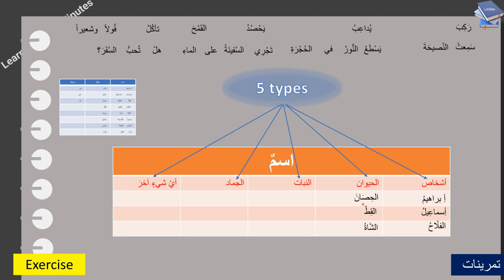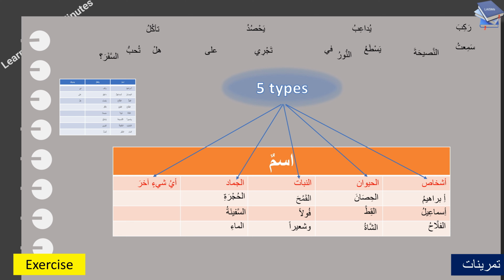الحيوان, الحصان, القطة, الشاة. النبات, القمح فولا وشعيرا. جماد, الحجرة, السفينة, الماء,